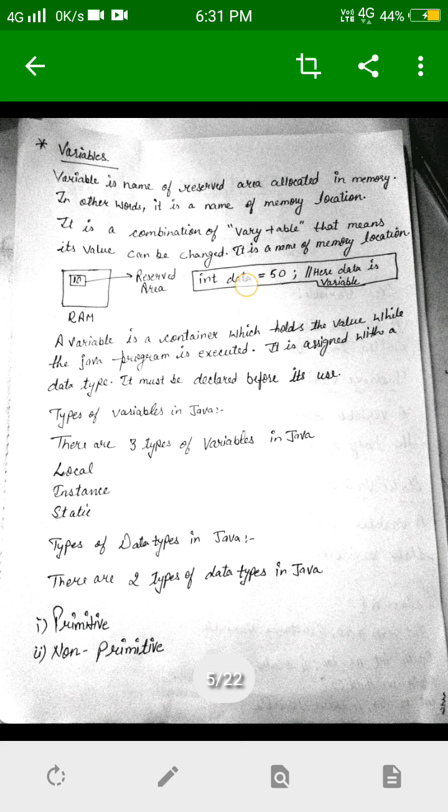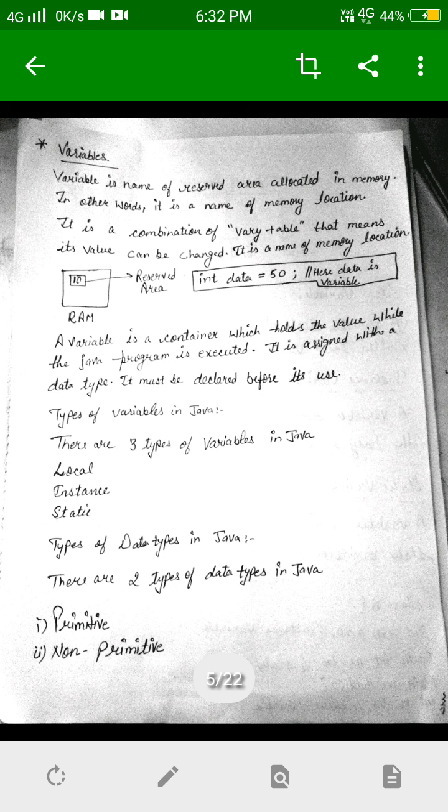It is just a variable name, because we have to store the value 50 somewhere in memory, so data is just the name of that memory location. So data is equals to 50 means that 50 is a value that has been assigned to this variable, which is data.